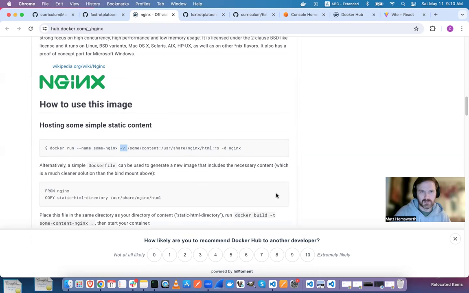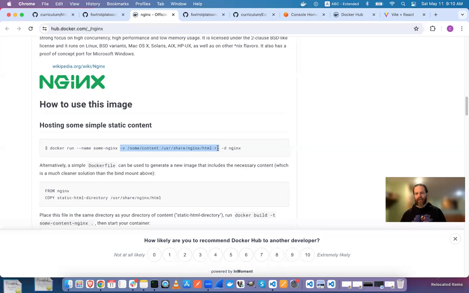Is it to create a volume? Yes, exactly. So there are multiple ways to create a volume. We've done that in the Docker compose file, but you can also do it on the command line as a one-off thing. So here we're creating a volume and we're mapping